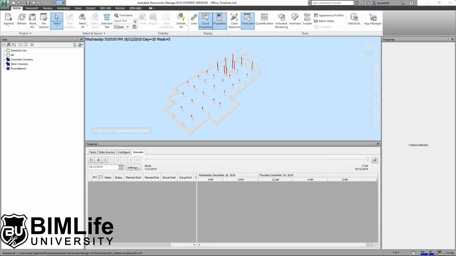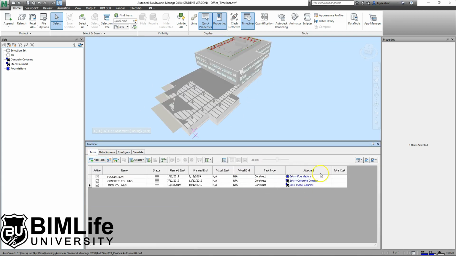Okay, so we have learned how to create a very simple animation just based on a few steps under tasks here. And next, I want you to click on foundation in task, and I want you to add 2 more tasks. There's one that says insert task here, and there's one that's add task. This add task adds to the bottom of the list, whereas what we are trying to do is to split these foundations into 2 separate portions. So just click on insert tasks